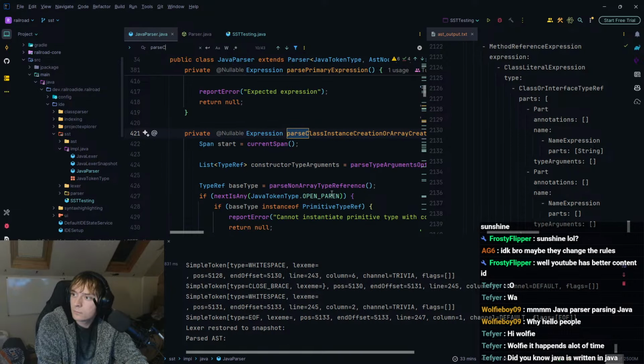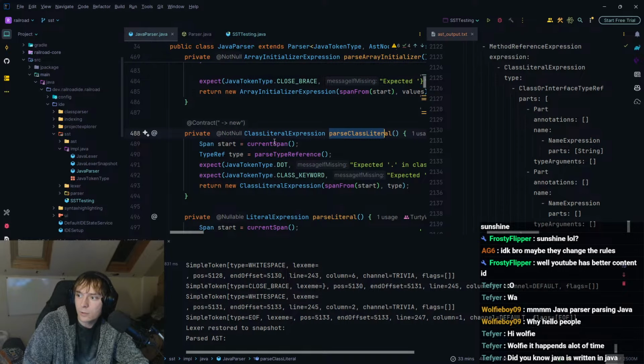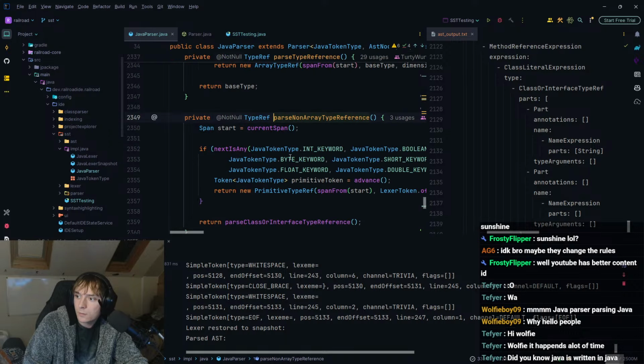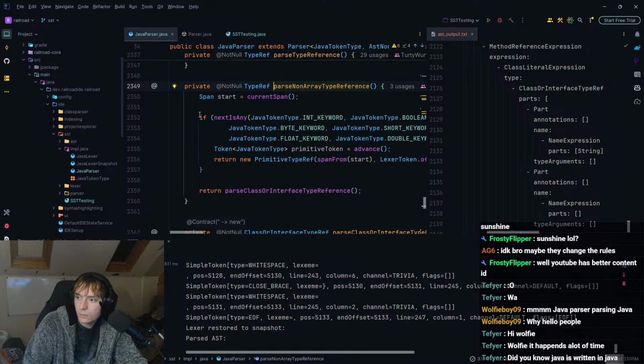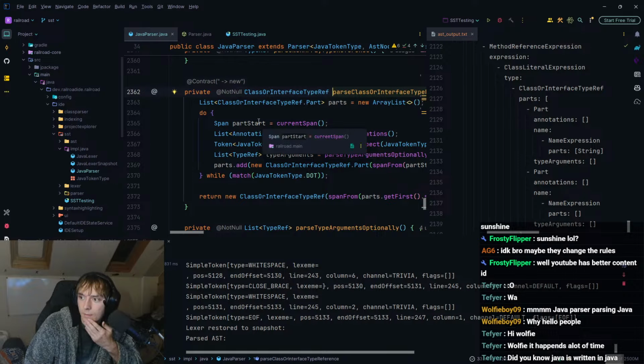parse class literal, because that's doing parse type reference, which is parsing the type, and this one, and then in here, whilst it matches a dot, it reads them.